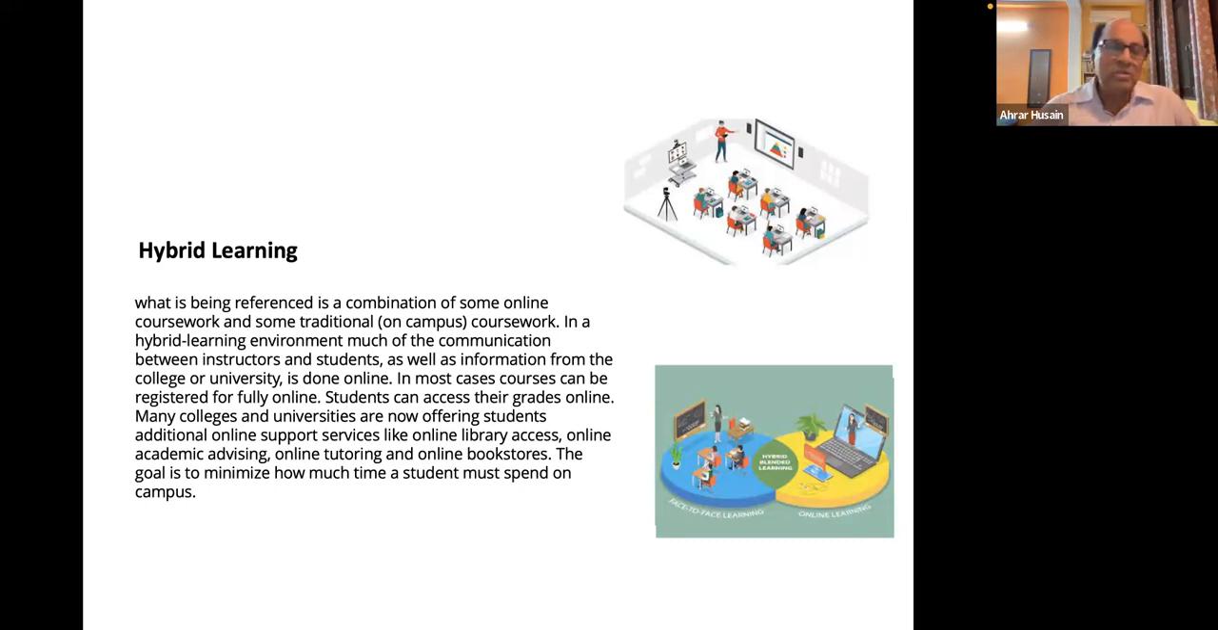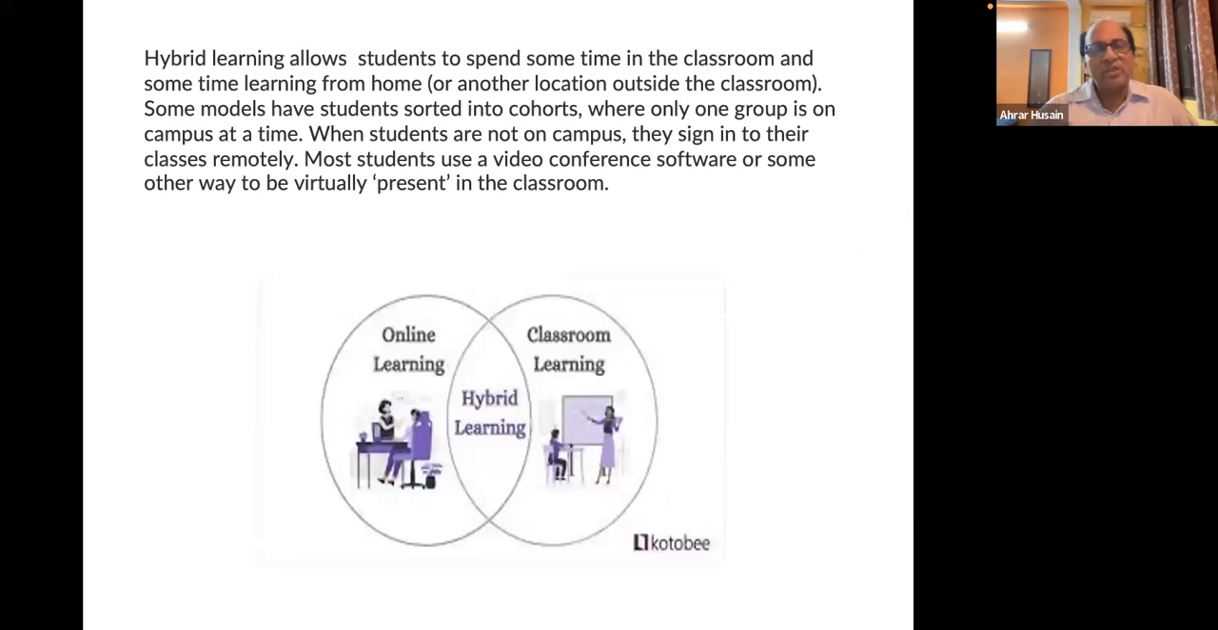होगी जो आजकल बहुत ही एडवांस यूनिवर्सिटीज़ हैं, प्राइवेट यूनिवर्सिटीज स्पेशली, दे स्टार्टेड यूजिंग हाइब्रिड लर्निंग बिकॉज इट इज़ फेवरेबल। इससे फाइनेंसेस भी बढ़ते हैं, ज़्यादा नंबर ऑफ स्टूडेंट को हम एनरोल भी कर सकते हैं। The important thing is that this allows student to spend some time in the classroom and some time learning from home or another location outside the classroom। जो लोग सर्विस में हैं वो भी इसको कर सकते हैं। Some models have students sorted into